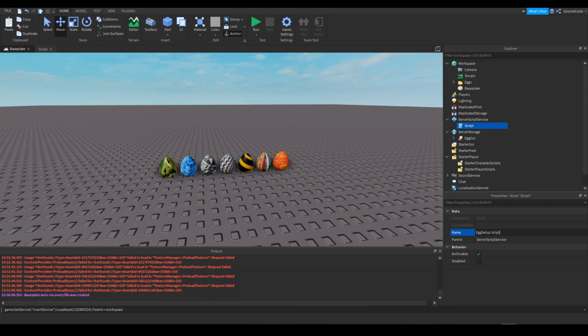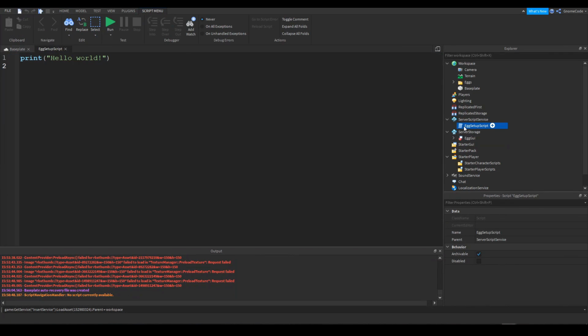And what we want to do is clone this billboard GUI into each of the eggs. Now how we do that is using the adornee property, and when you set the adornee to a part, then it becomes the UI for that part. So what we're going to do in our script is we'll open up, we'll delete hello world, and the first thing we're going to do is create a variable for that GUI we just created. So we say local eggGUI equals